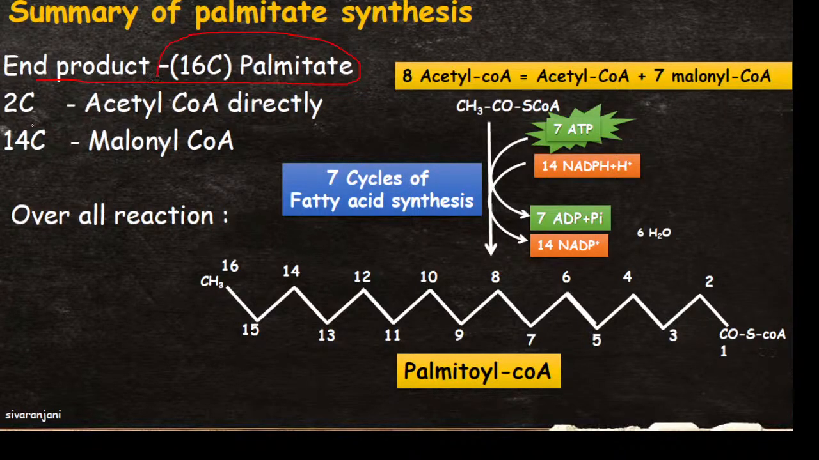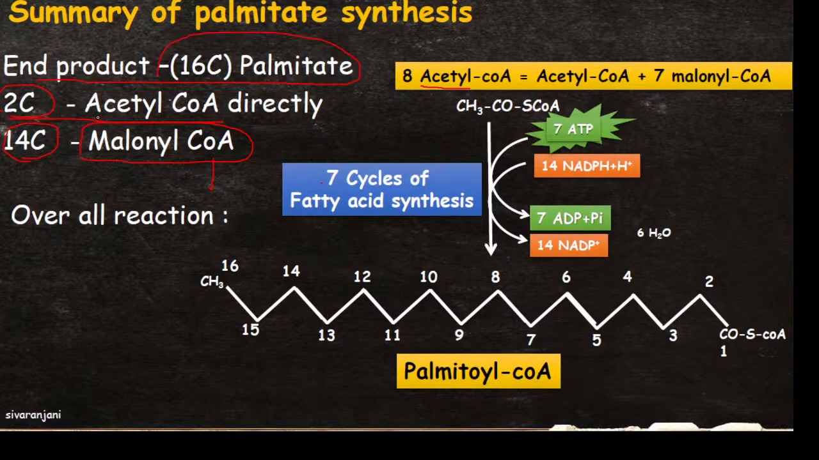fatty acid. In the first step, the 2 carbon unit acetyl CoA will transfer the 2 carbons directly to the fatty acid synthase complex, and further to it, in each cycle of fatty acid synthase reactions, 2 carbons are contributed by malonyl CoA. That is, in a total of 8 cycles, for a total of 8 acetyl CoA units, 14 carbons are contributed by malonyl CoA and 2 carbons are contributed by acetyl CoA. So in 7 cycles,